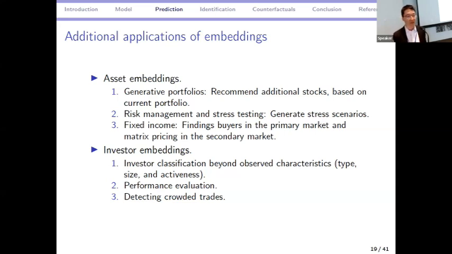In terms of investor embeddings, these are the lambdas, you can do investor classification. We know that typical classification, like whether you're an insurer or whether you're large or small, doesn't have much explanatory power for portfolios, but embeddings capture the entire essence of differences across investors. So that might be a better way to, for example, do portfolio evaluation. If you want to evaluate AQR's performance, what are the closest relevant peers to AQR in terms of distance in investor embeddings lambda?